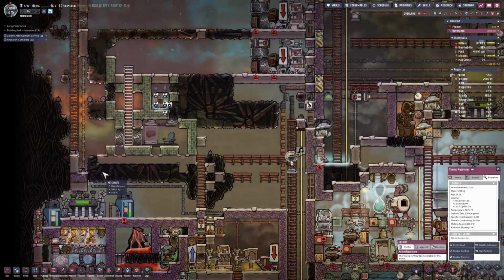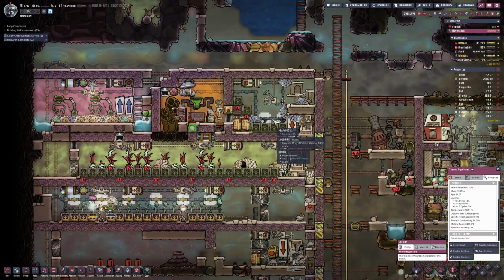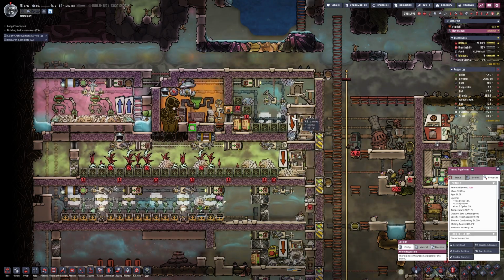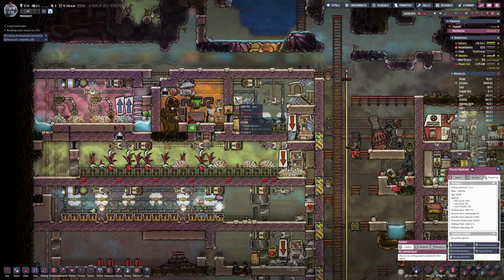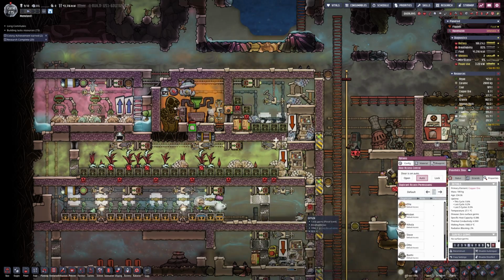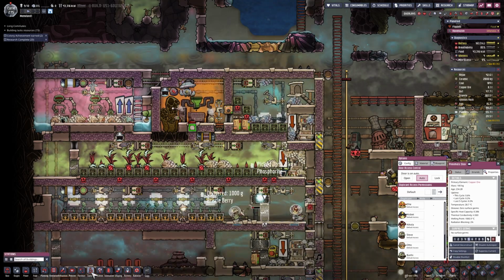So we have a lot of utilization that we can use to cool our ranches. Right now I'm only growing 4 mealwood because we don't need more than that for this population, but we have an option to grow more mealwood plants over here. Somebody move the hatches, please. I want to upgrade this as soon as possible. So stations wise,